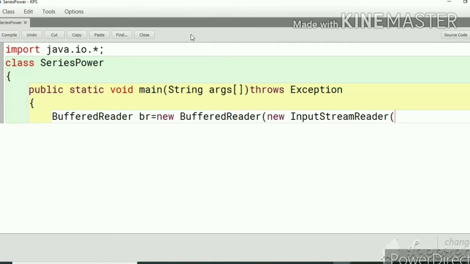Through the pipeline it will flow and input through the keyboard. Command is System.in semicolon, enter. Here we have to declare the variables with the data type.